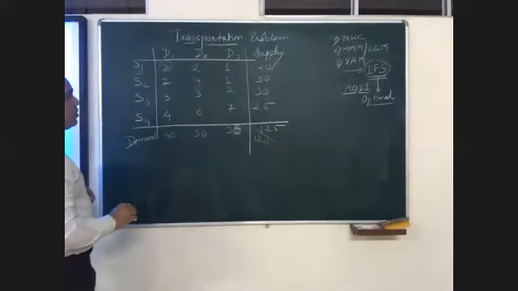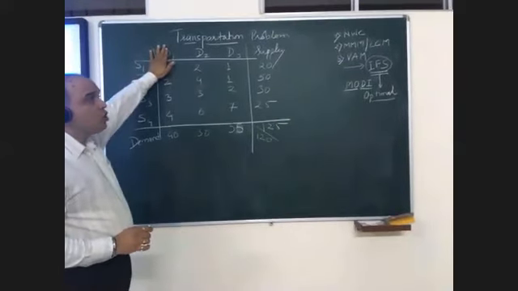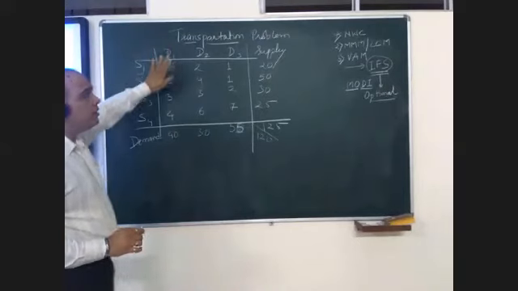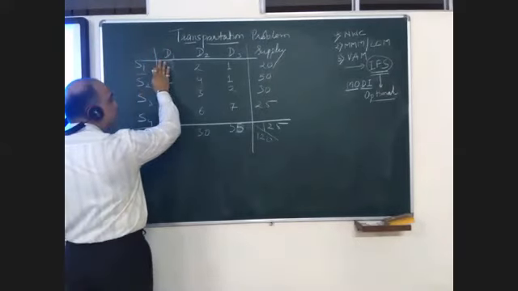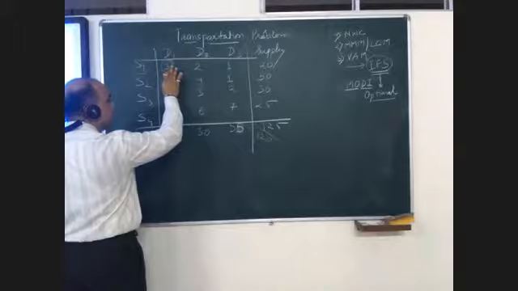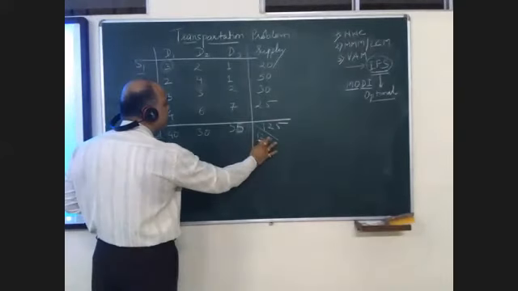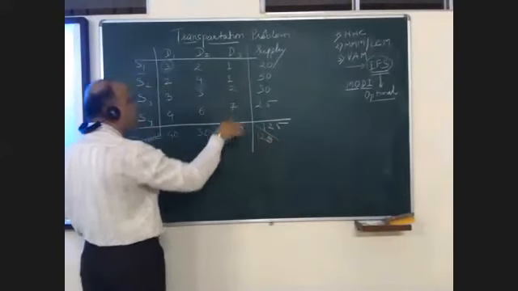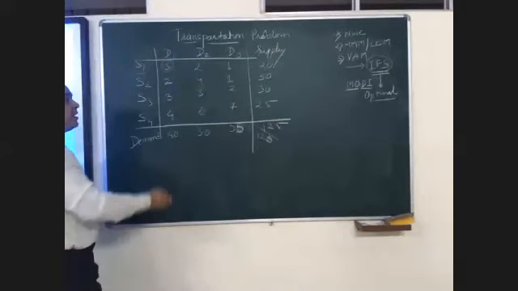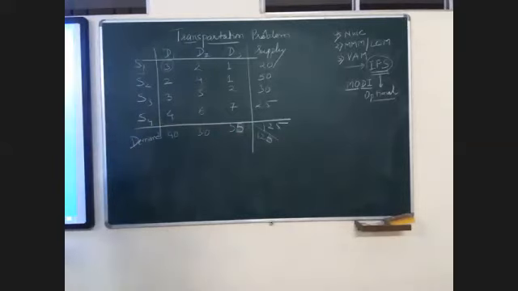I'll use the northwest corner method. In the northwest corner method, we always start from the left hand side, top corner of the matrix. Please remember that. The first step I have already explained. Whatever problem is given to you, always check whether the given problem is balanced or not. What I mean by balanced is whether the supply quantity and demanded quantity are equal or not. I hope you understand this.